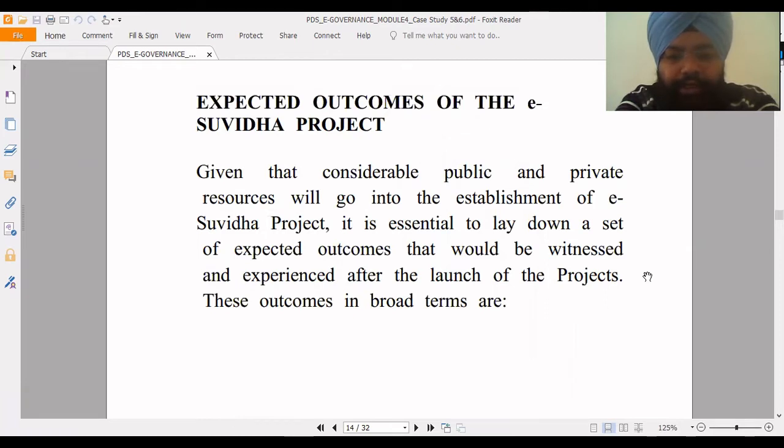Given that considerable public and private resources will go into the establishment of the e-Suvidha project, it is essential to lay down a set of expected outcomes that would be witnessed and experienced after the launch of the project. These outcomes in broad terms are: